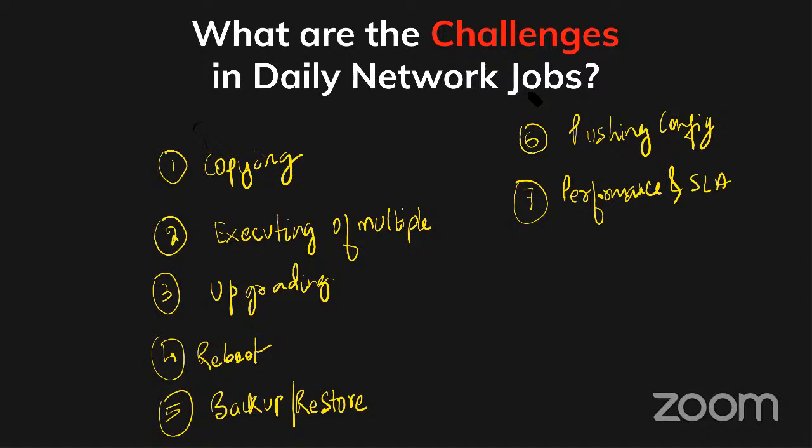So why I'm writing this as a challenge: let's assume it's a P1 call where one of your ISP neighborships is down and you have 10 BGP routers, where you need to check which ISP went down, at which site the ISP is down right now. Let's say you have multiple data centers in your environment. Now you cannot log into each data center's core routers to see which neighbor went down, what is the ISP circuit for it. But if you have an automation script which can get triggered automatically on these 10, 15 BGP routers and pull the neighbors which went down for you,